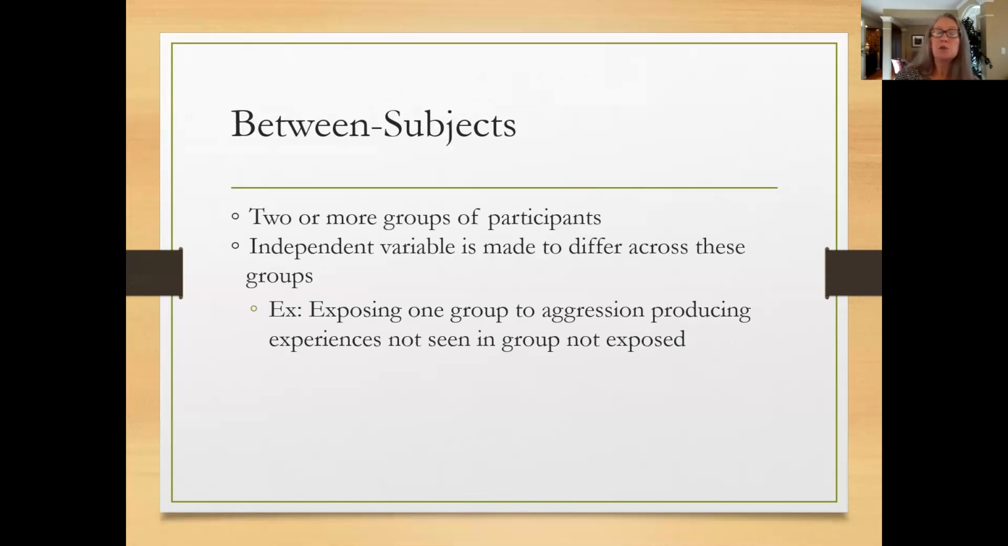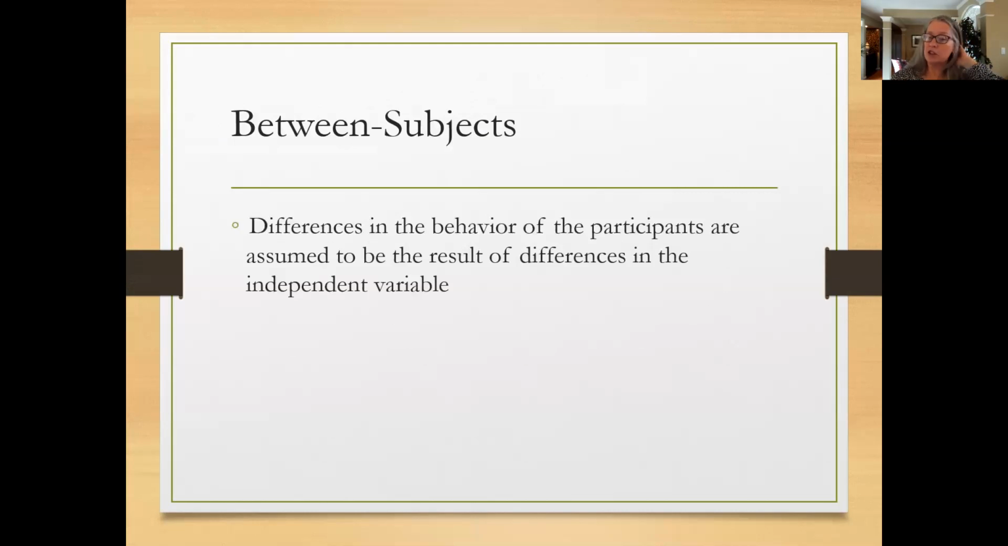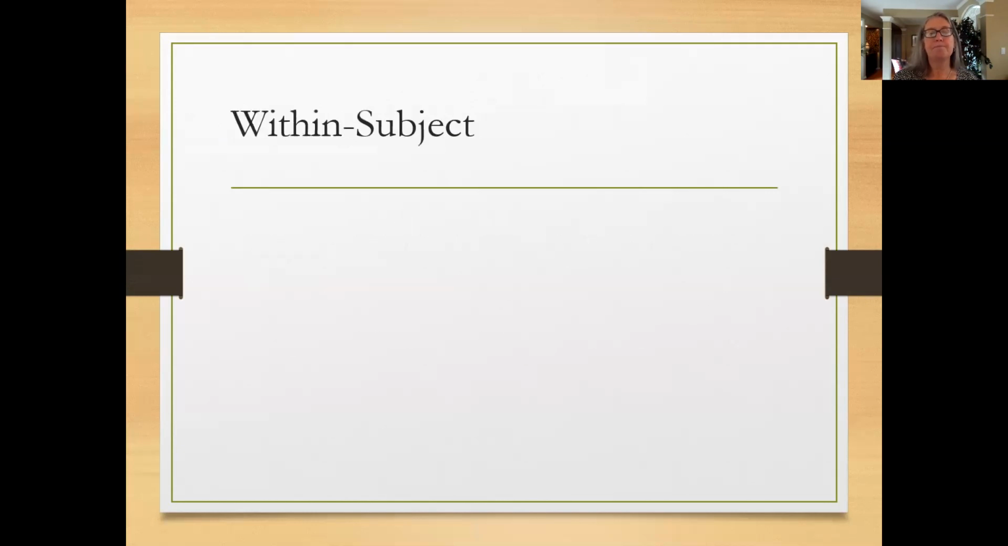So you expose one group to aggression and another one doesn't get aggression, and then you see how they differ. So the differences in behavior among the groups is assumed to be due to the independent variable, okay? A within subject design is what we need to use a lot of the time with learning, when we're studying